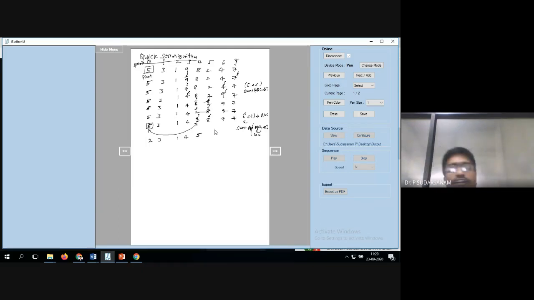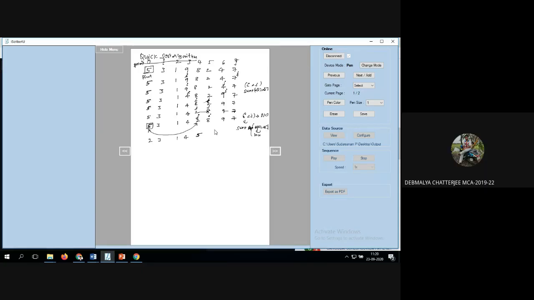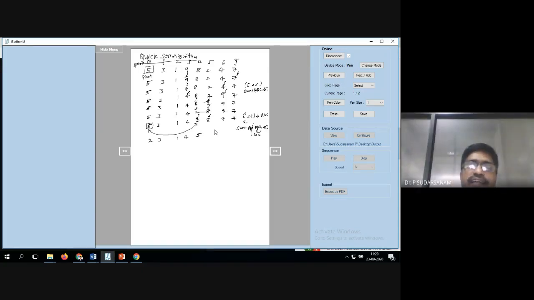Right. Now what definition did I tell? First you took 5 as the pivot element. Now you have to arrange the elements: elements lesser than the pivot element come to the left hand side and greater elements should come to the right hand side. Now, after that, elements less than 5 are on the left hand side. Is it true? Now 2, 3, 1, 4 is less than 5. Yes, sir. Now 8, 9, 10 is greater than 5. Yes, sir. Now those elements come that side, these elements come this side.